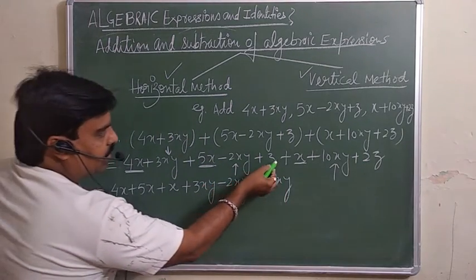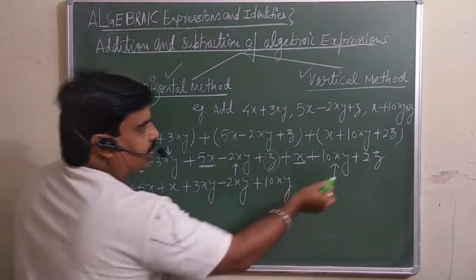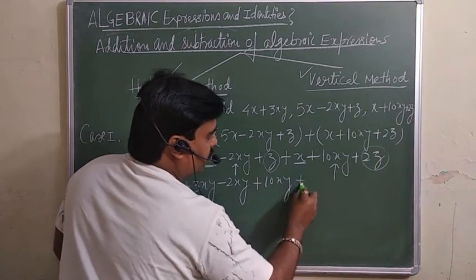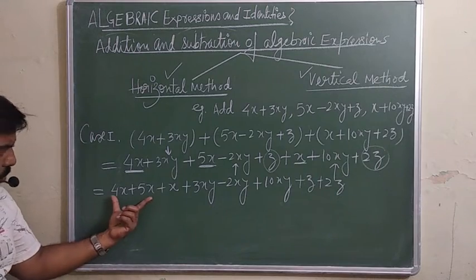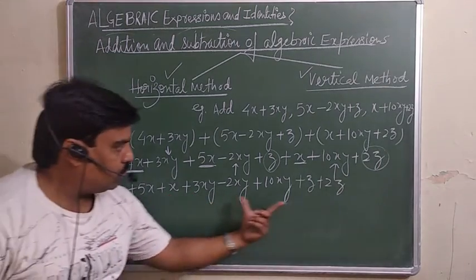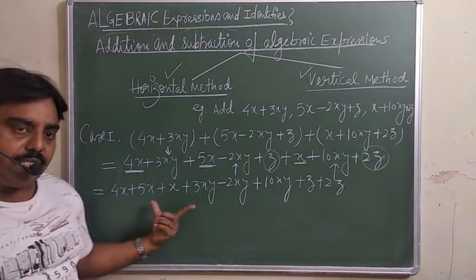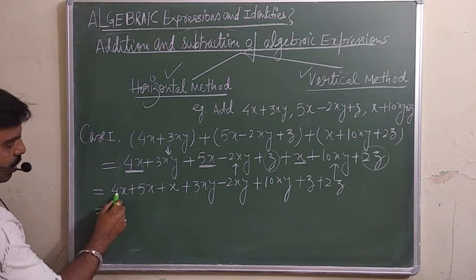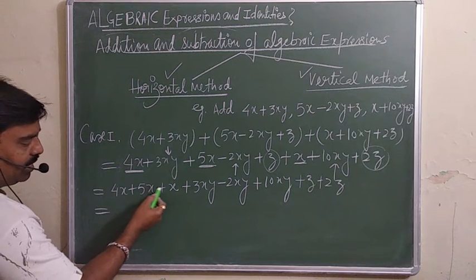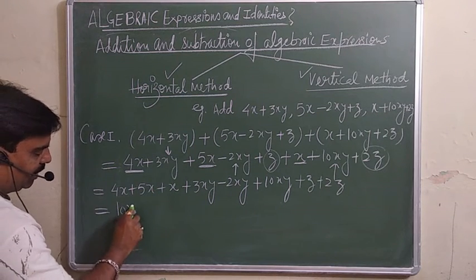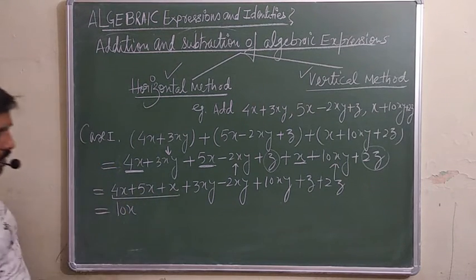See, now here is this z term is there. This is z, and one more is there. They are the like. You must write down here z plus 2z. क्या करना है? You have to write all the like terms all together along with the sign. Sign के साथ में उन्हें लिख दीजिए. अब just see 4 plus 5 and this is 1. So that is 4 plus 5 9 and 1 10. So this is your 10x. These are likes. The sum is 10.